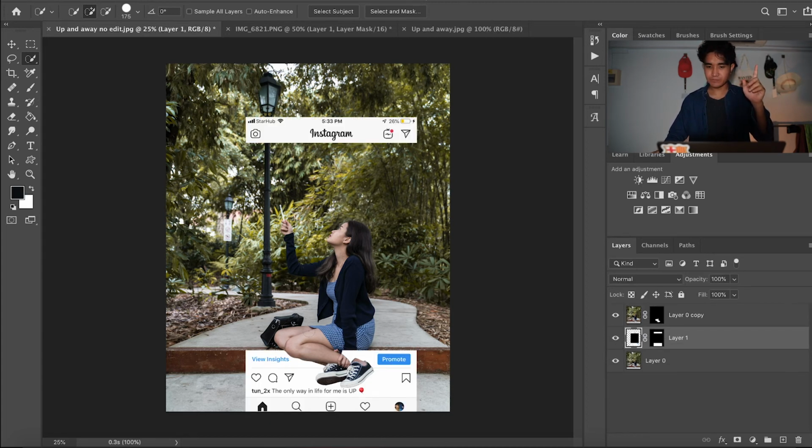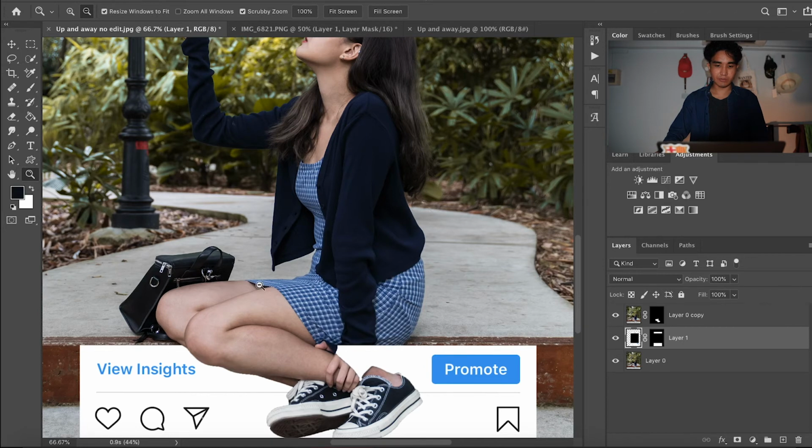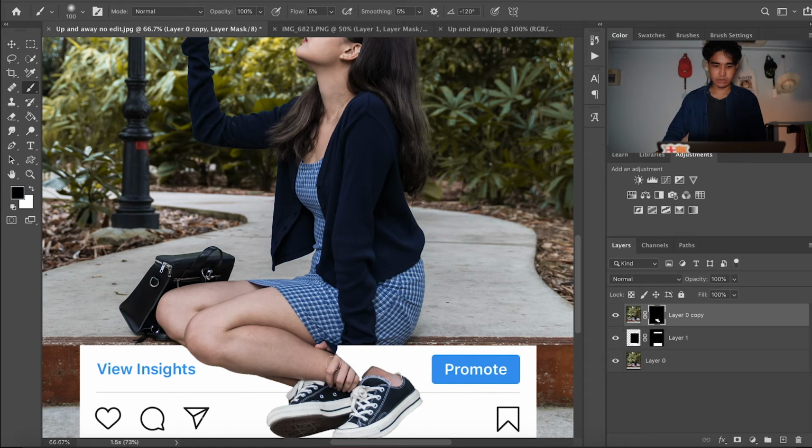So basically, voila, her legs are in front of the Instagram template. And yeah, technically that's the, hold on, let me just brush off her hand. Wait, let me just. Okay, quick one, to show that she's in front of the